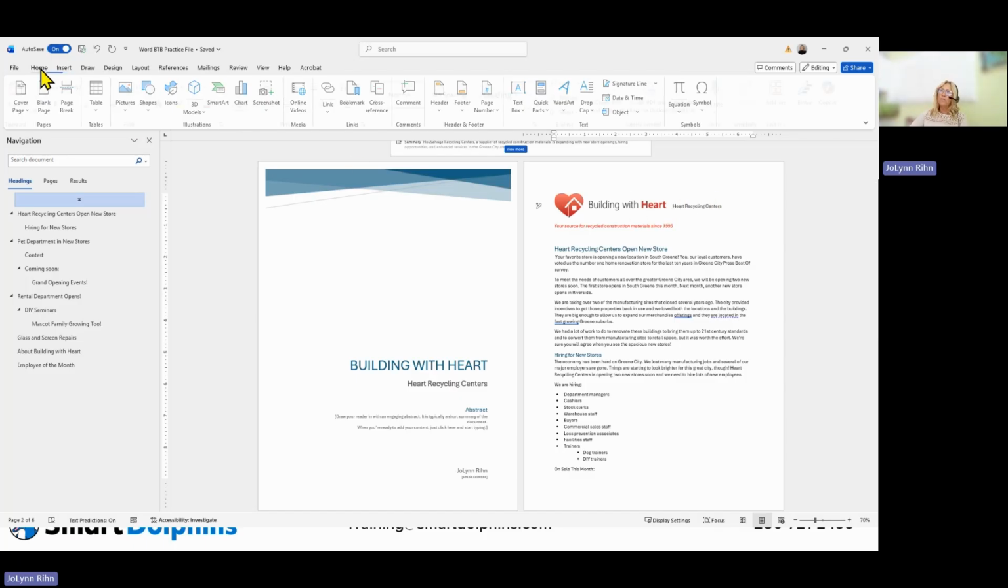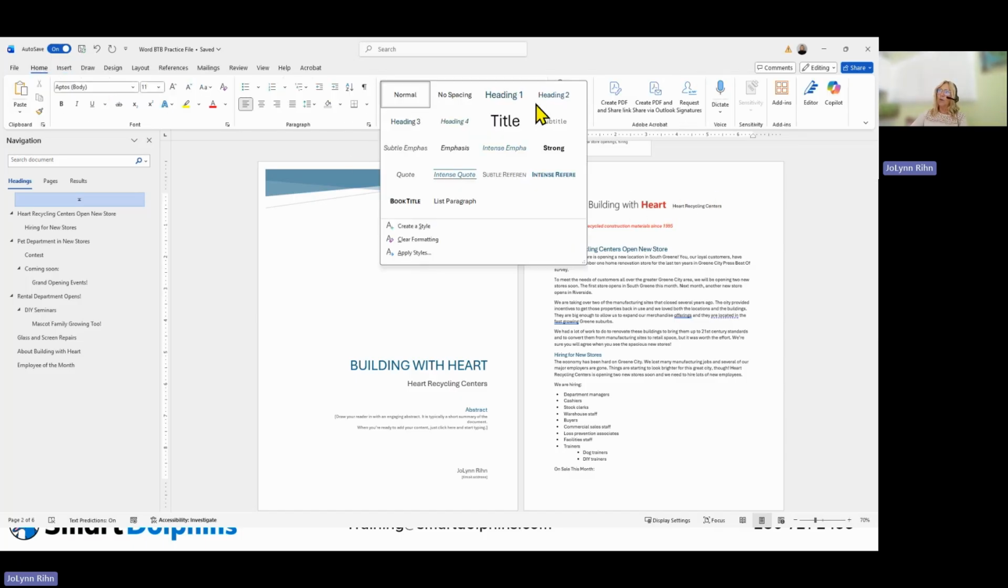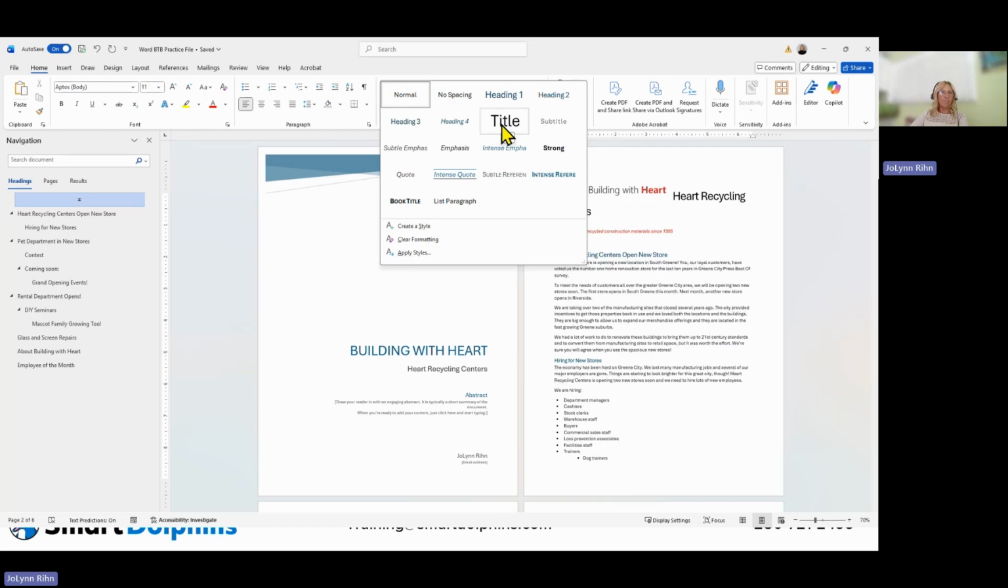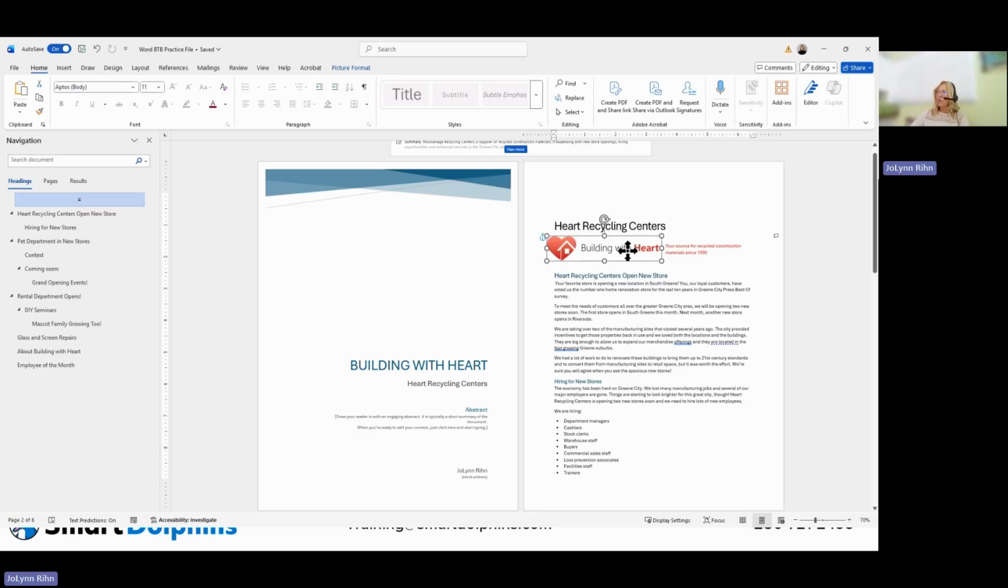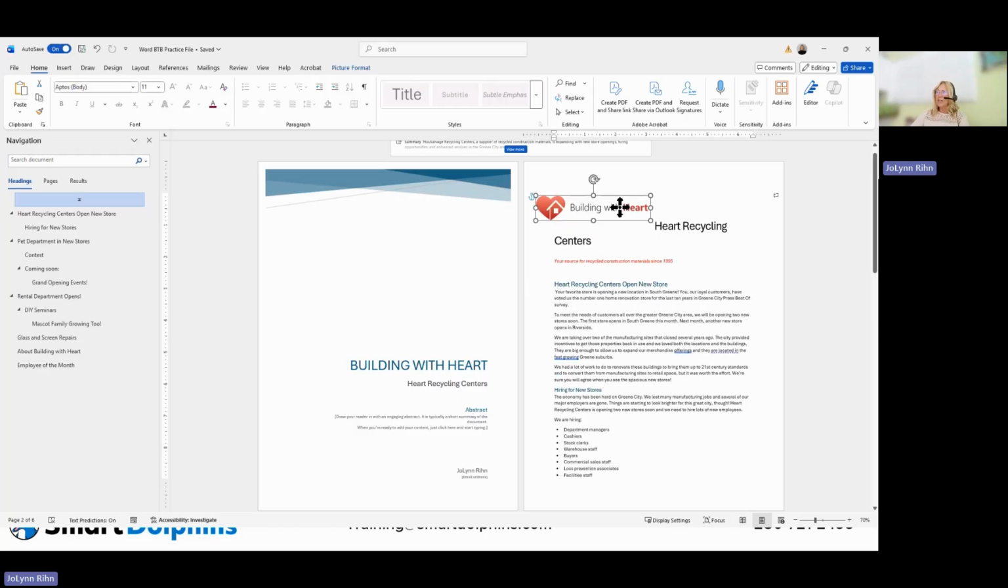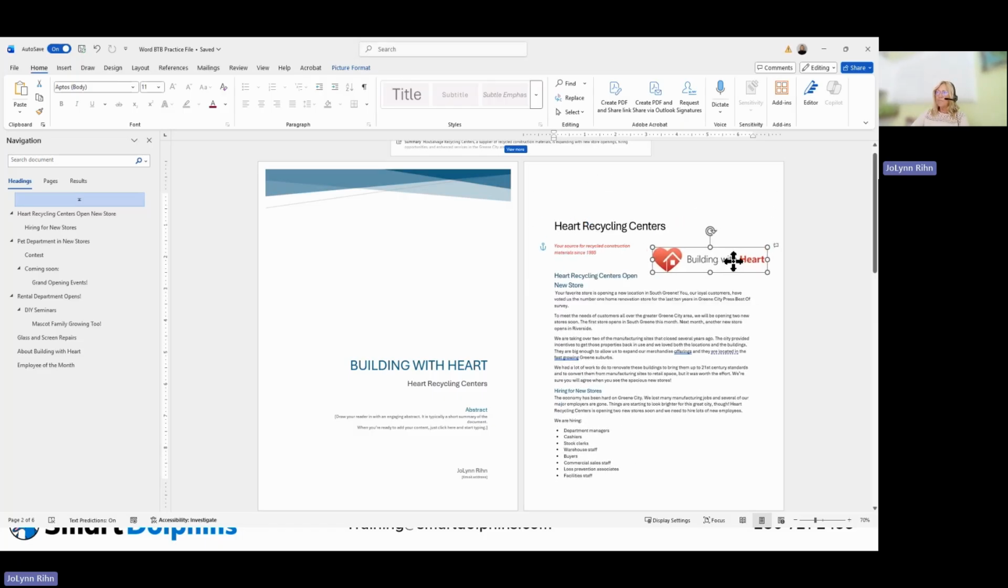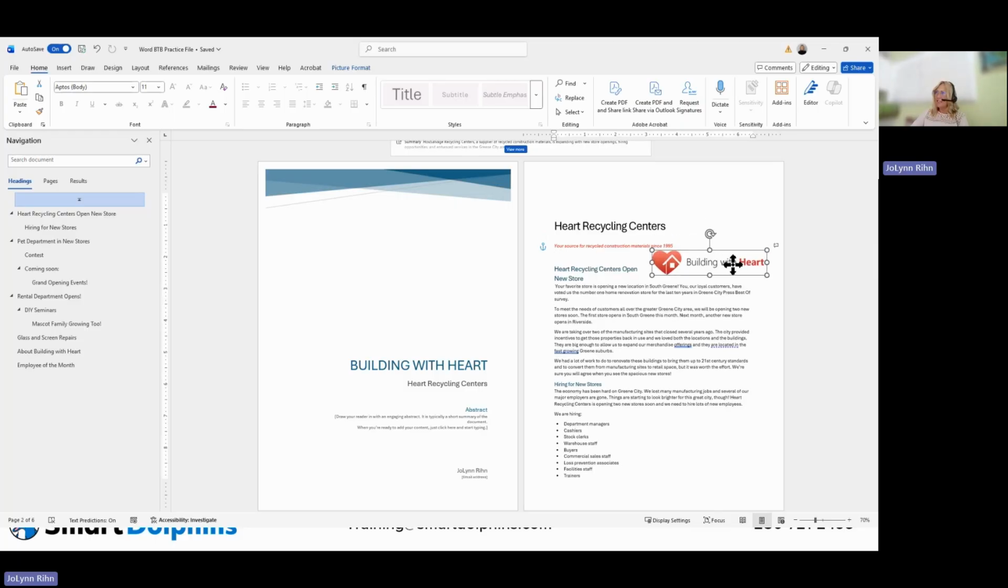I'm going to go to the Home tab. In the Styles group, we have a format for title. I'm going to click Title, and I'm going to press Enter to move it underneath that graphical object. And what I also want to have happen is I want this graphic to be moved to the right-hand side. If I try and move it right now, it stays to the left. But if I move it over to the right, I can have it be on the right-hand side of this